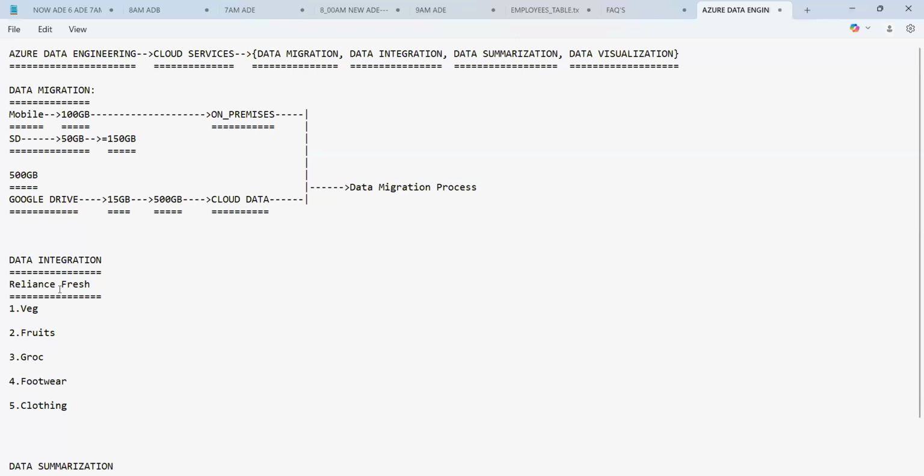Yes guys, my question is: are any of these products manufactured or produced by Reliance Fresh? No. None of the products, guys. None of the products is manufactured, produced or cropped by them.